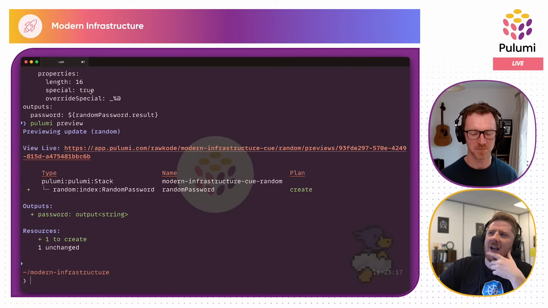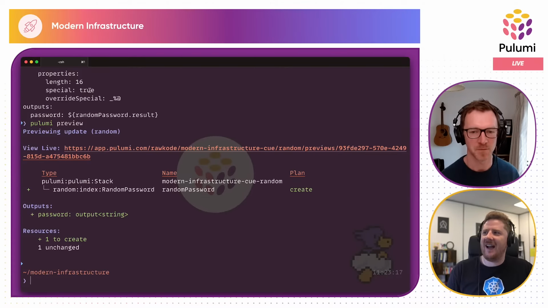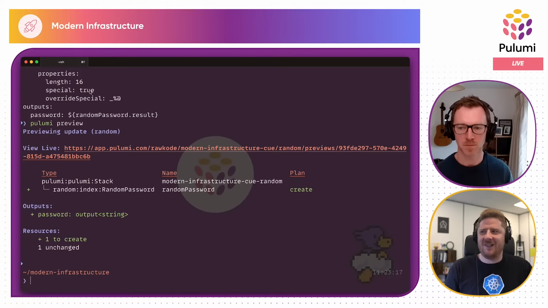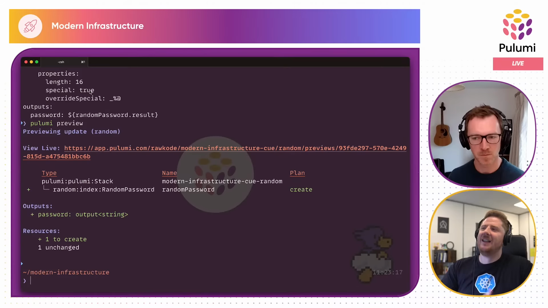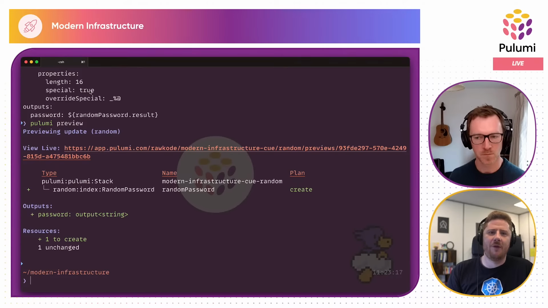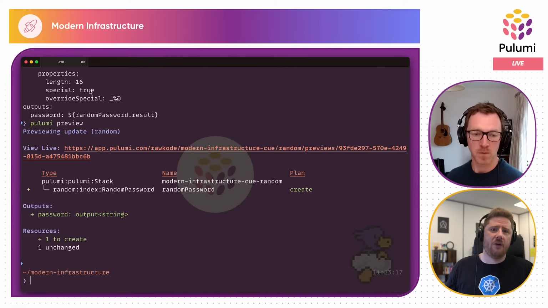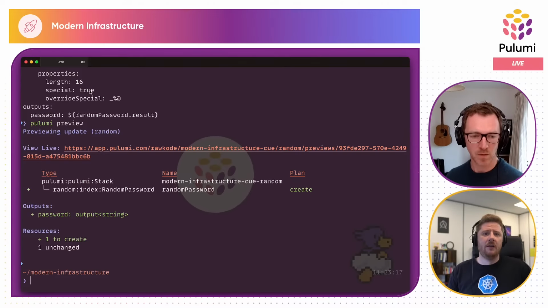Now, I'm not sure what route I prefer. I think there's a part of me that's like, you know what? I just want my Pulumi programs to be a Pulumi.q and just have everything in there. And use Q export and pipe that to Pulumi up somehow. But being able to specify the runtime and the Pulumi configuration is also quite nice, because then it means anyone can really come to this project and just run Pulumi preview and Pulumi up without having to know what the runtime is. Yeah, I think as a starting point, this is an excellent starting point, right?